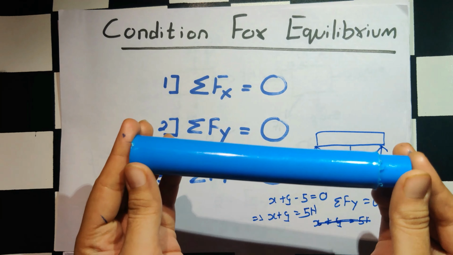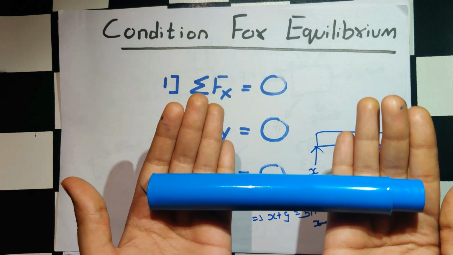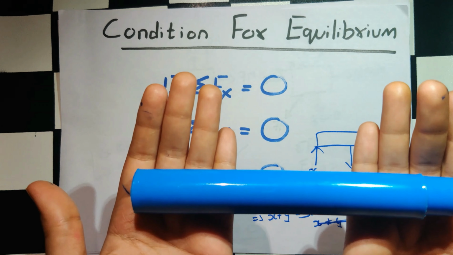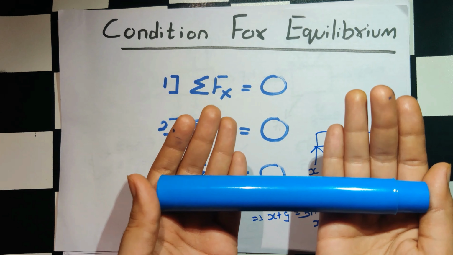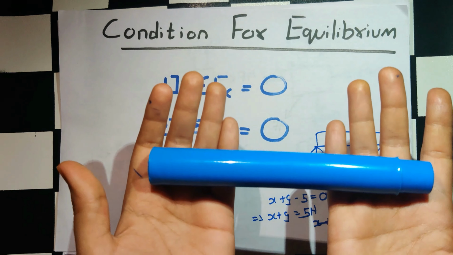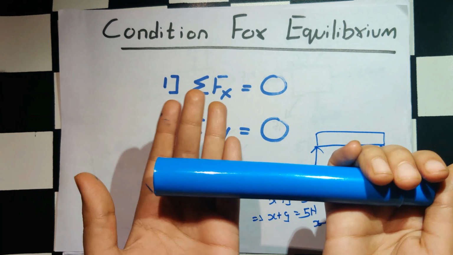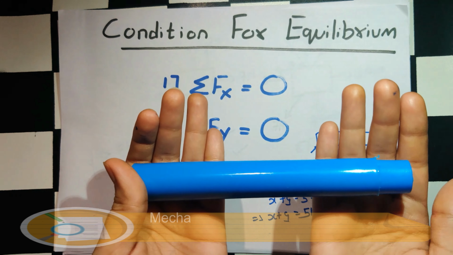Now to keep this block in equilibrium, I have to apply the same 5 Newton force. Yes, we just saw that. Now see guys, if this block is moving upward, what does that mean? I am applying more than 5 Newton. That's why this block is moving. But when your block is in equilibrium, my hands are applying force equal to this weight force such that